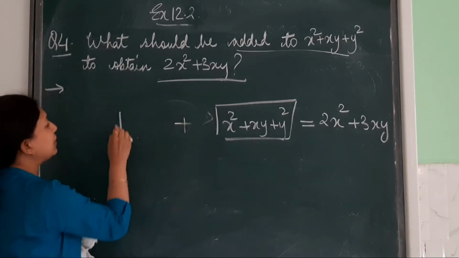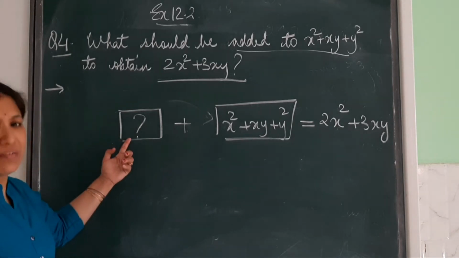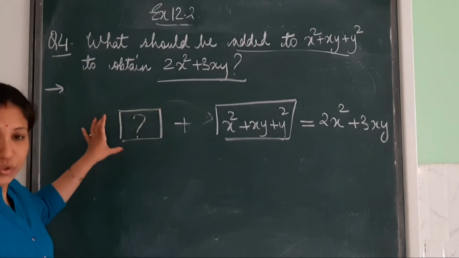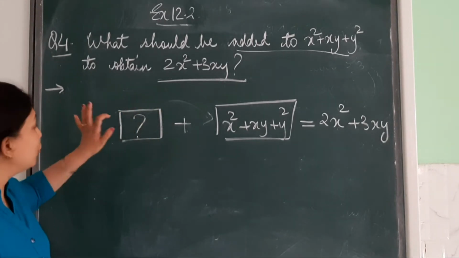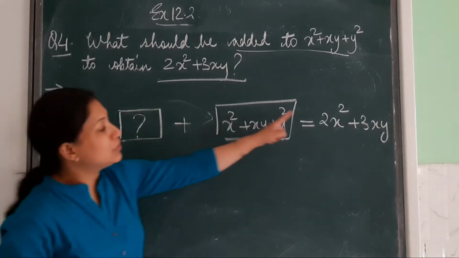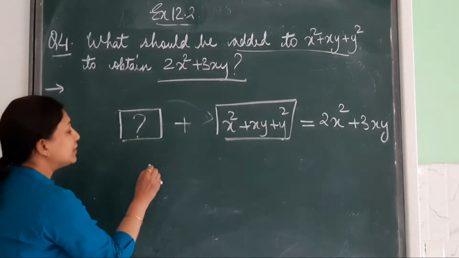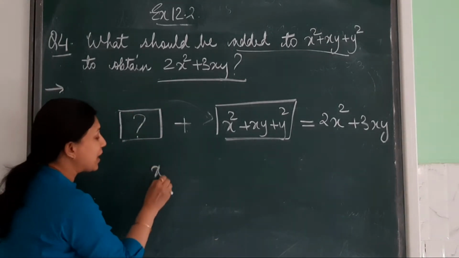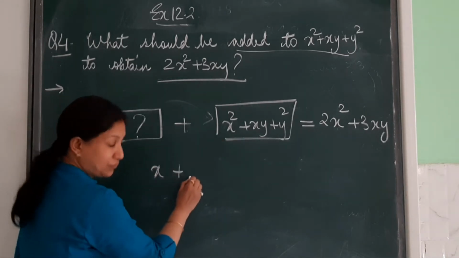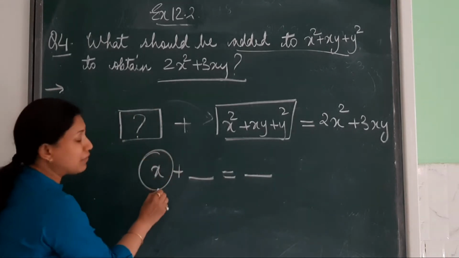So now let me do it like this. Make a box. So what should be added? We have done this type of question before also. Let it be x or let it be a box only. You want to find out this value. How will you solve? Children, transposition. See, this is not known. Let it be x, plus something is given, and here also something is given. You want to find out the value of this.